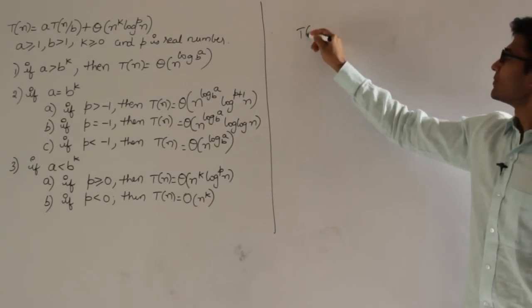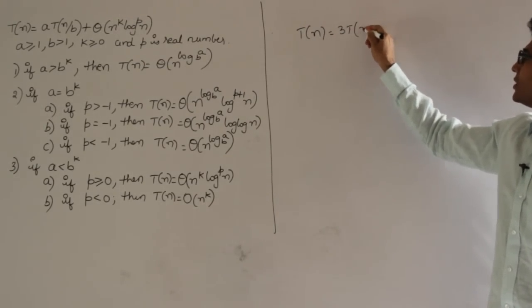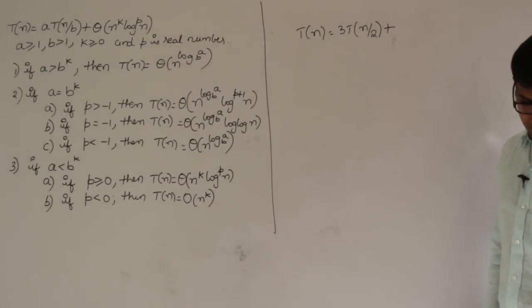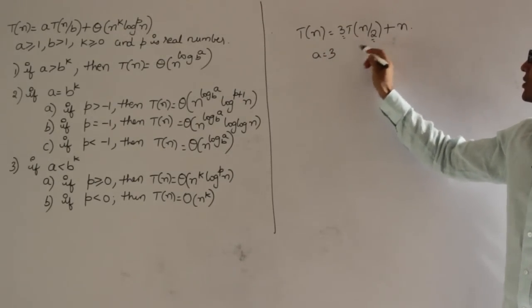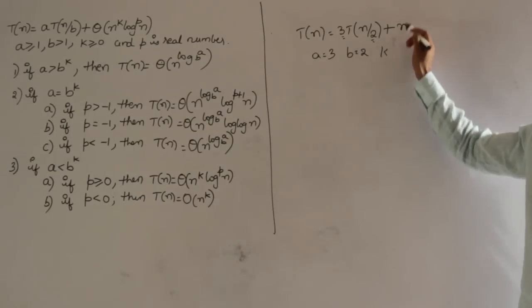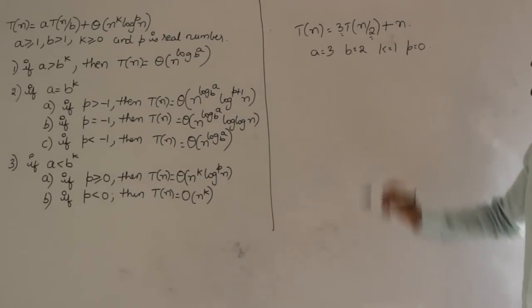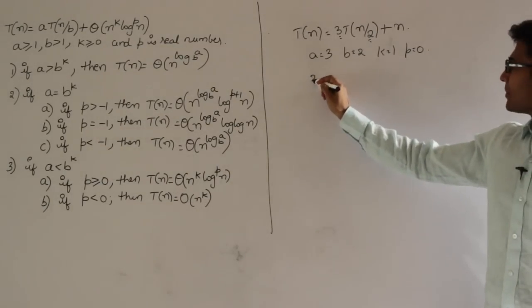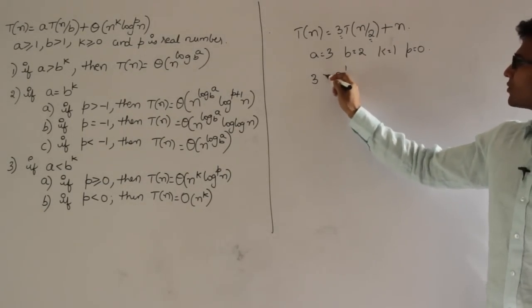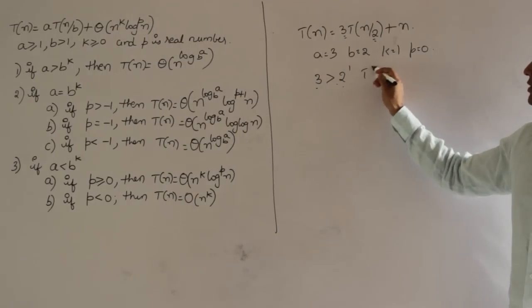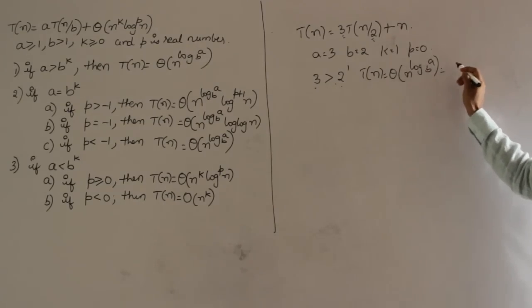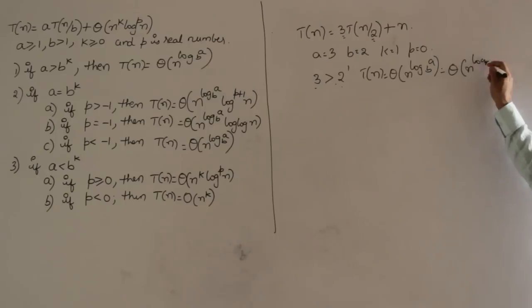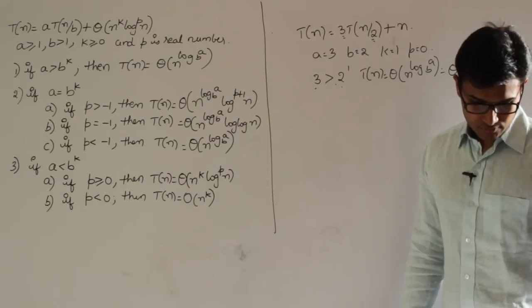T(n) = 3T(n/2) + n. In this case, a = 3, b = 2, k = 1 and p = 0, right? Again you compare a with b^k. So a is greater than b^k. Again condition number 1. Then what is it? T(n) = Θ(n^(log a base b)), which is nothing but Θ(n^(log 3 base 2)). Next one is